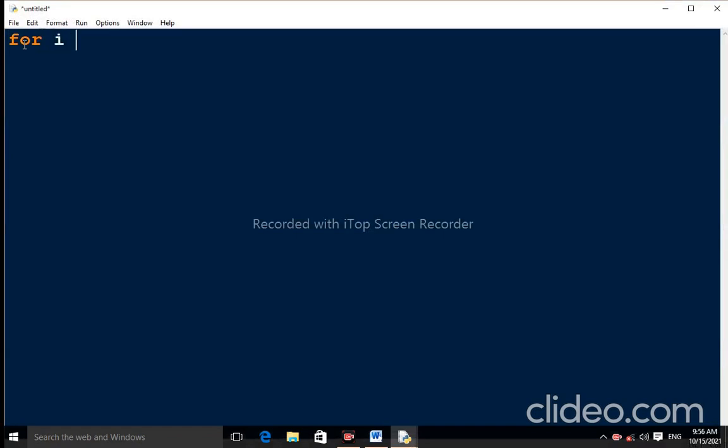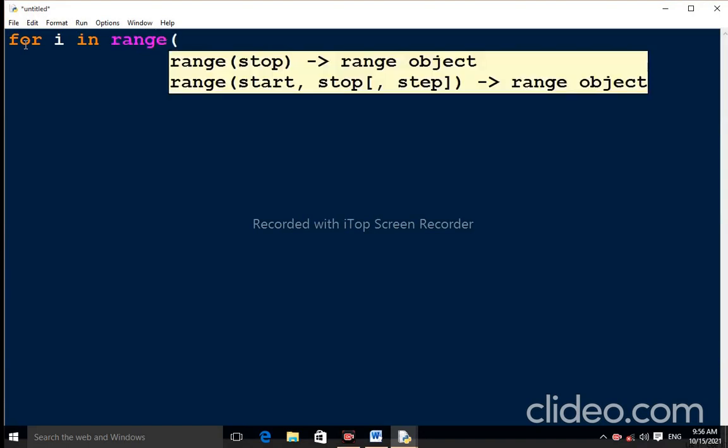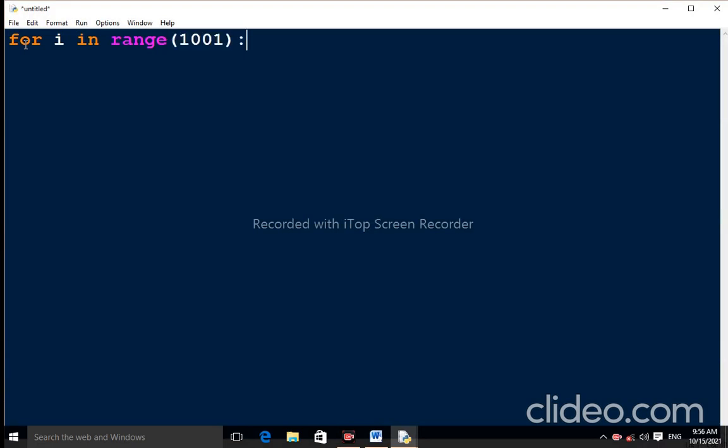for i in range (1001) colon. num is equal to i. result is equal to 0 and n is equal to len